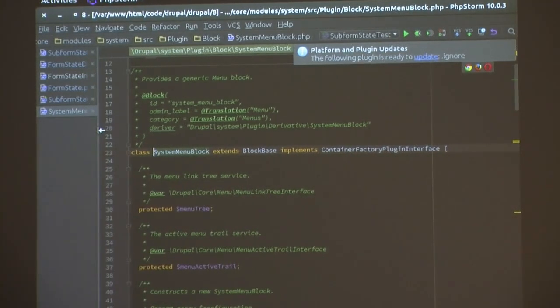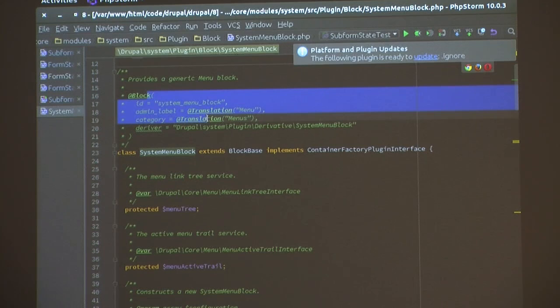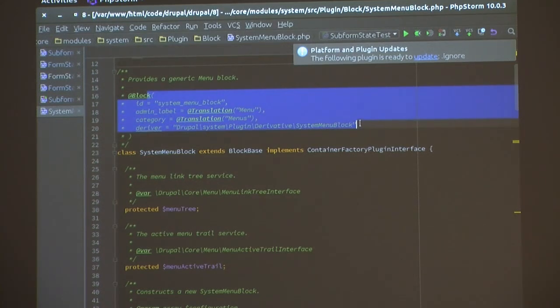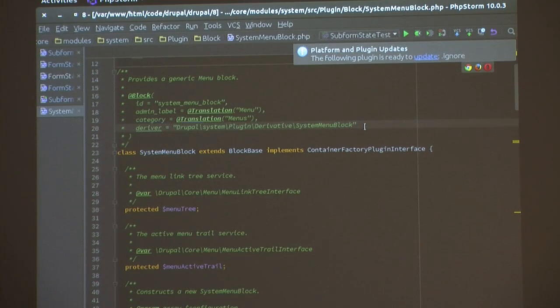Can we make this smaller? Yeah, so we see here the definition of the system menu block. This is the block plugin that turns every menu in the system into a block. And the very last line here is the deriver, and it references another class, which is the deriver,